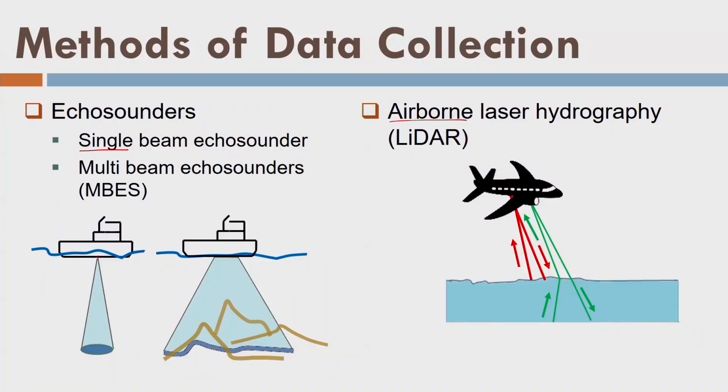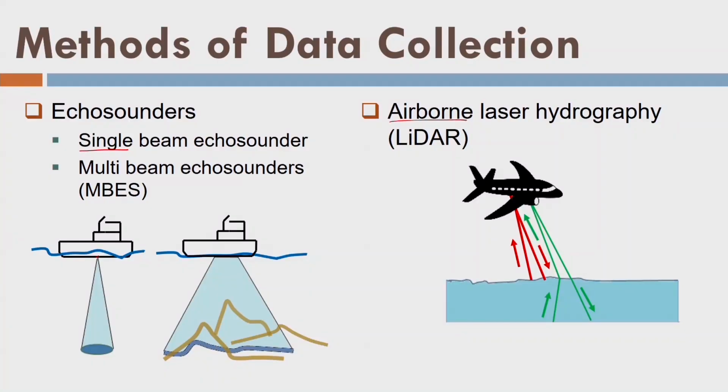So the multi-beam echo sounder is throwing the pulses towards the seabed, and it is acquiring the data in a zigzag fashion. We can see here that all the methods we have discussed, like the sounding pole, sounding line, lead line or echo sounder, are all a little time consuming because their coverage is very small. But at the same time we realize that some pulses, like sound pulses or laser pulses, can penetrate through water, and as a result we want to use them.